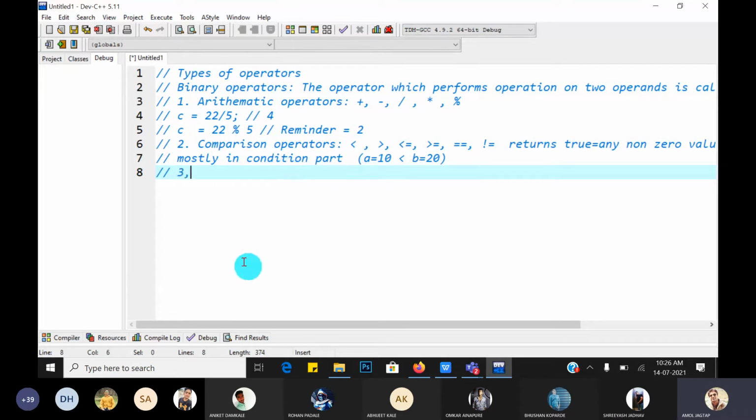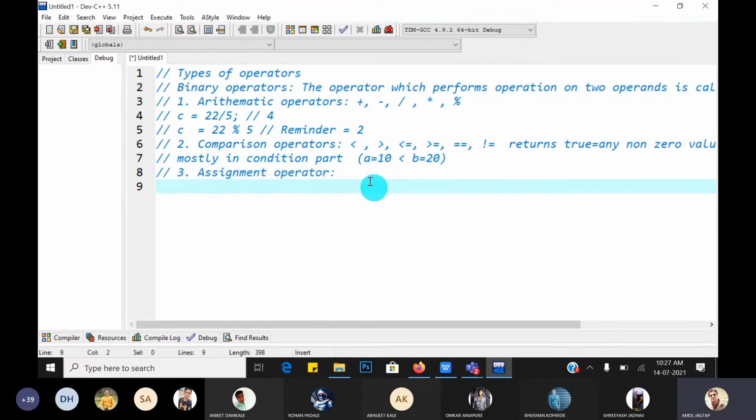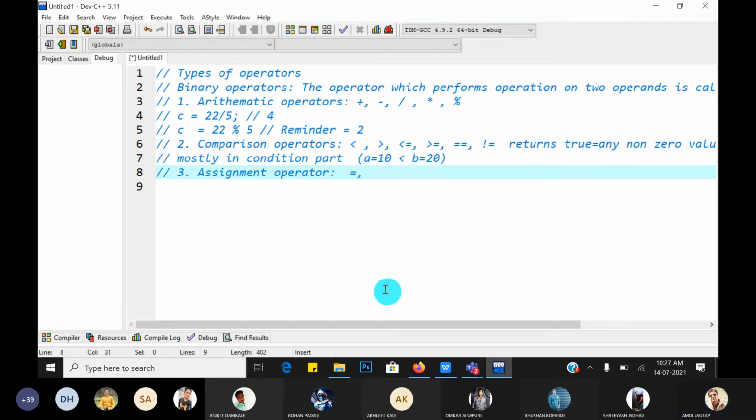The third type of operator is called the assignment operator. Assignment is just a single equal sign; double equal is a comparison operator.